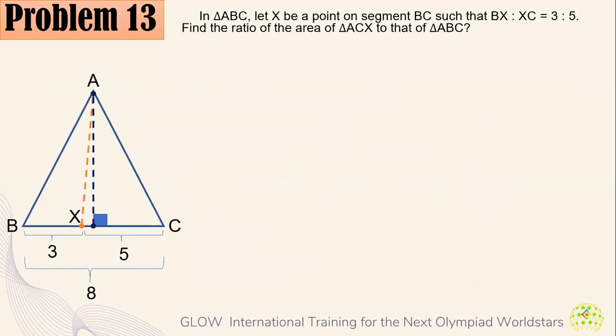So from the illustration, this is how the figure looks like. X is a point here such that the ratio of BX to XC is 3:5. You could actually represent this with say 3y to 5y, but for now, let's treat them as 3 and 5. So BX is 3 units, XC is 5 units, so BC is 3 plus 5 or 8 units in all. And remember,